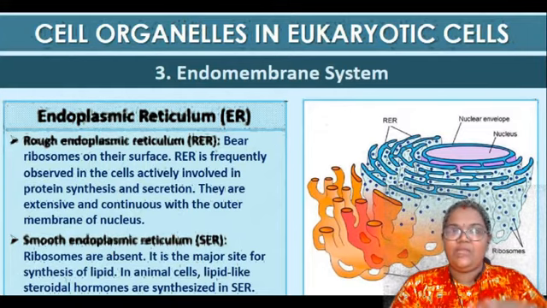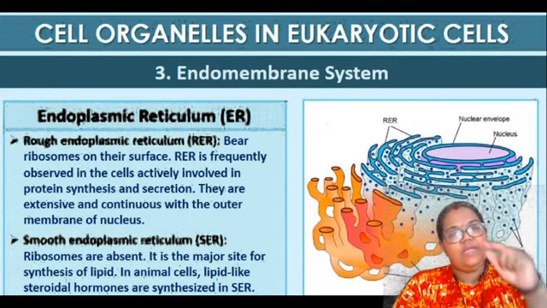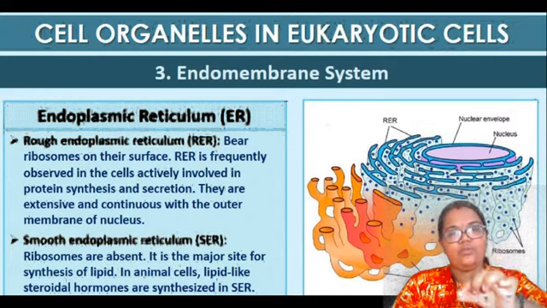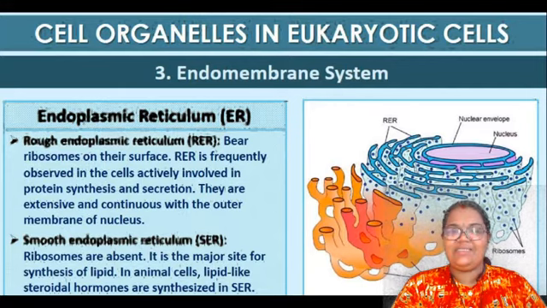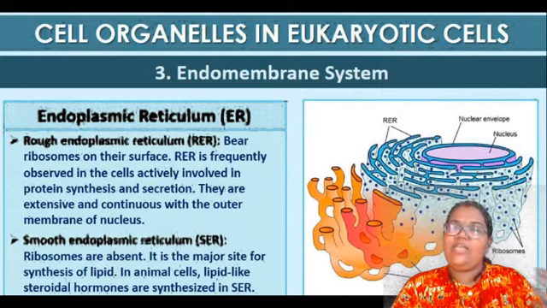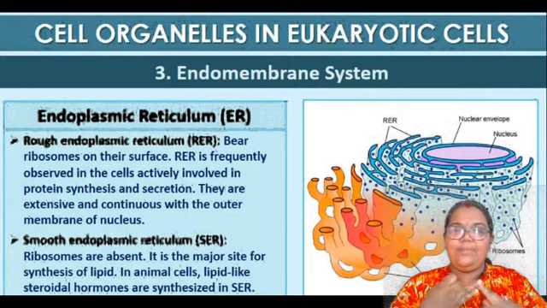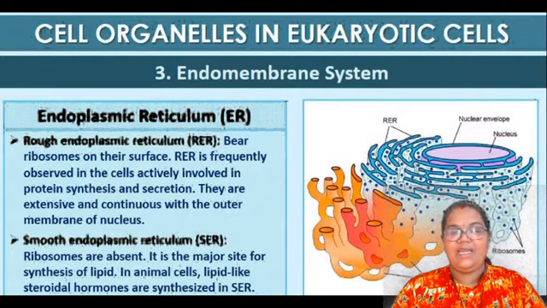And we know that the cell membrane is phospholipid in nature. That means proteins are there and also lipids are there. So the proteins are made in the RER by the ribosomes, and the lipids are made in the SER. So protein synthesis and lipid synthesis, these two are involved in membrane biogenesis, helping in making the cell membrane. For the cell membrane they need protein and lipid, and this is provided by the RER and SER.